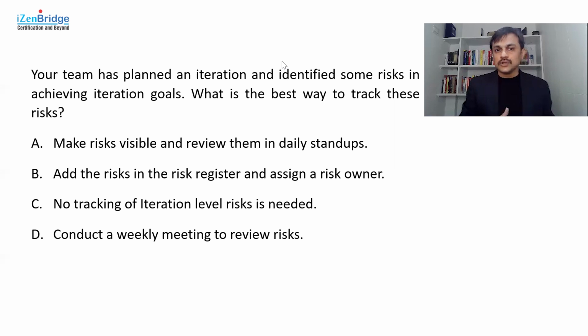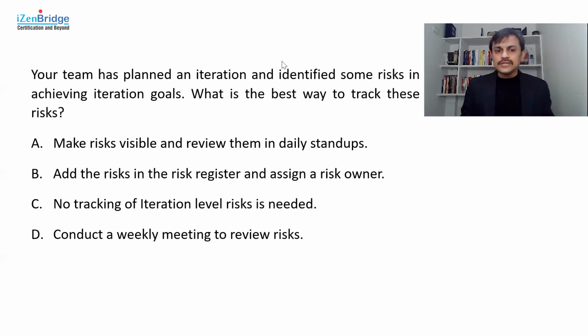So option B is not appropriate unless the question clearly tells me it's a hybrid environment, because the question is using the language of iteration planning and iteration goal. So creating a risk register doesn't make much sense here. No tracking of iteration level risk? Definitely you need to track, because they will derail. And that's why we want to track our iteration plan every 24 hours. The whole idea of the daily stand-up is reviewing how we are doing for our current iteration. And if we have some challenge, if something is not working out, let's figure out how to deal with it. That's the whole idea of the daily stand-up.